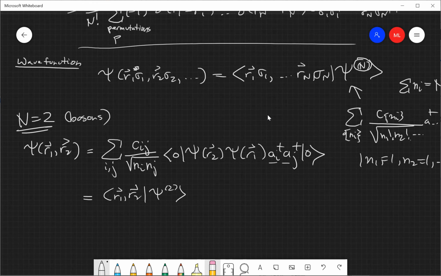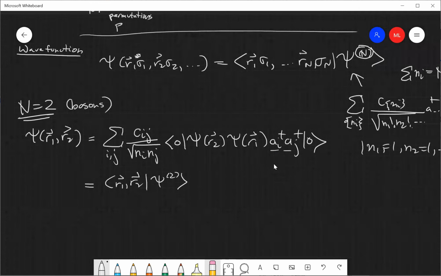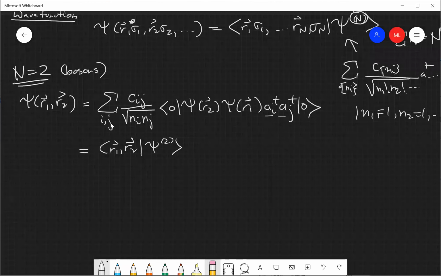So let's calculate it out. There's going to be two cases, one in which I is equal to J and one in which I is not equal to J. And there's just two particles, so there's only two possibilities. Either they're both in state I, or one is in state I and the other one is in state J. So we get that